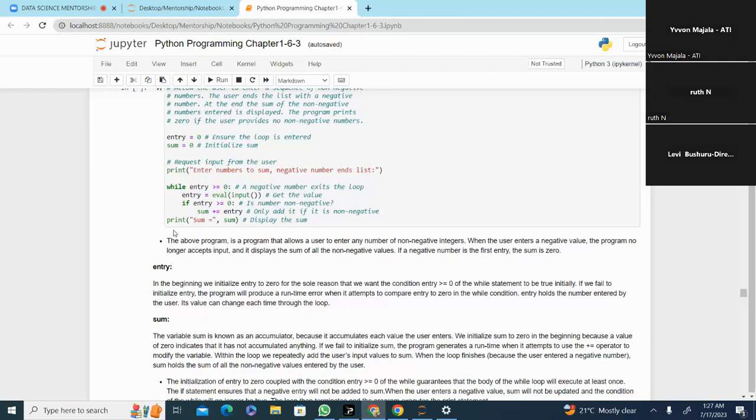Then the program will print the summation of all numbers which are equal to or greater than 0, and it displays the results. And when you want to exit the loop, you have to enter a negative number, because this negative number is the one which will allow the programmer to exit the loop. So when I run this code,